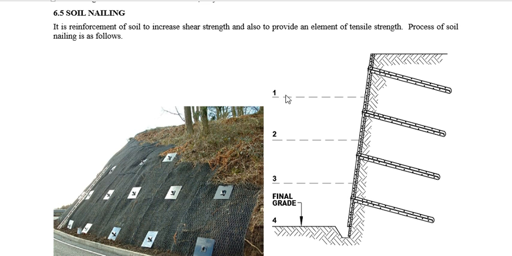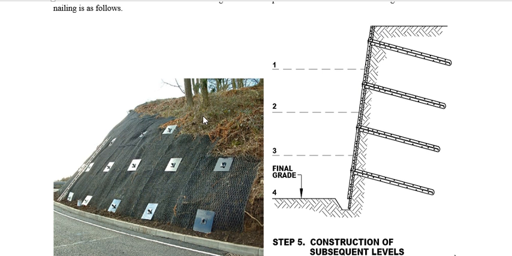So, next method. In this method we are placing a reinforcement. Usually soil nailing means a reinforcement which is inserted in the soil so that the tensile strength of the soil can be increased. First I will explain how this can be done. These are the components here. The first component is soil and reinforcement, then the facing element is here.